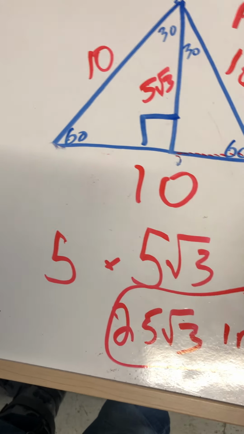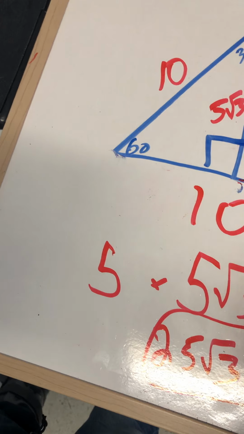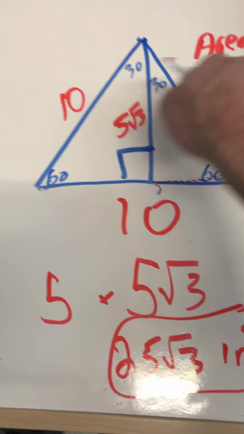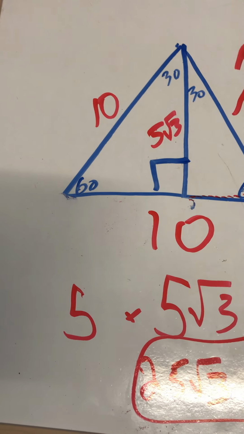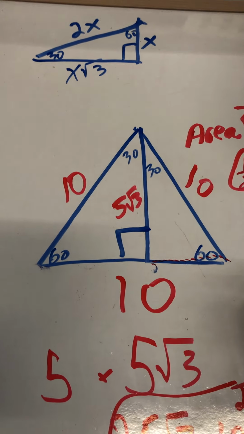All right. Now the next thing is the perimeter. What's the perimeter? Well, 10, 20, 30. 30 inches would be your perimeter. Once again, with equilateral triangles,